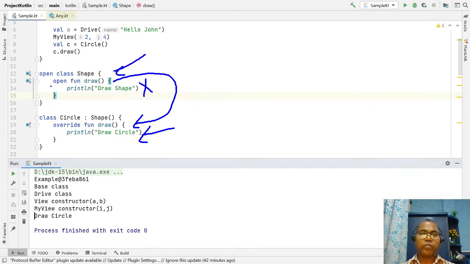So you have to first open it so that it can be inheritable, and before overriding the method, you have to write the keyword override. In other languages like Java, we just assume that the method is overridden, but Kotlin specifies that this is the override method. That means this is the new definition given by the circle class.